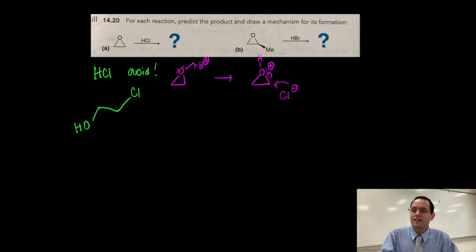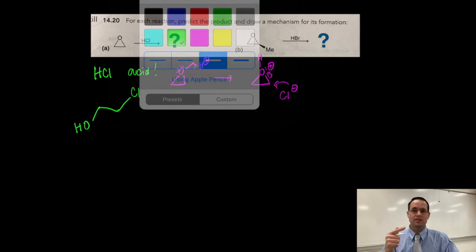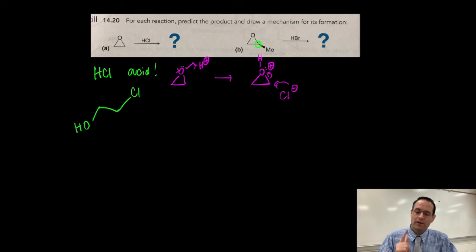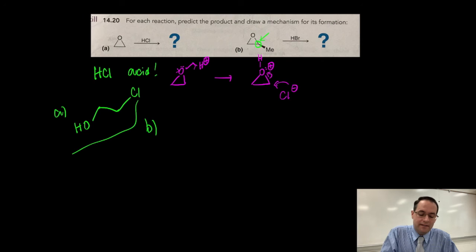All right, how about in molecule B? We have the same thing happening. We're going to protonate, that's how we get the OH, and then we have bromide, which is going to attack the more substituted carbon right here, and it's going to do that from the opposite side of the leaving group. Remember, the oxygen atom is the one that's leaving. That's on this side of the molecule. So bromide's going to attack from the opposite side, which is the lower right-hand corner of your device. Okay, so what we're going to get is,